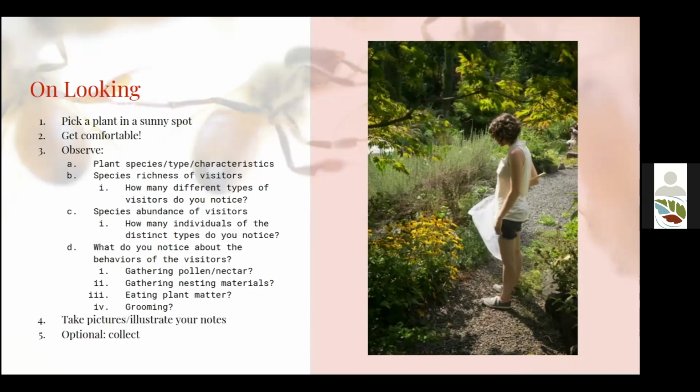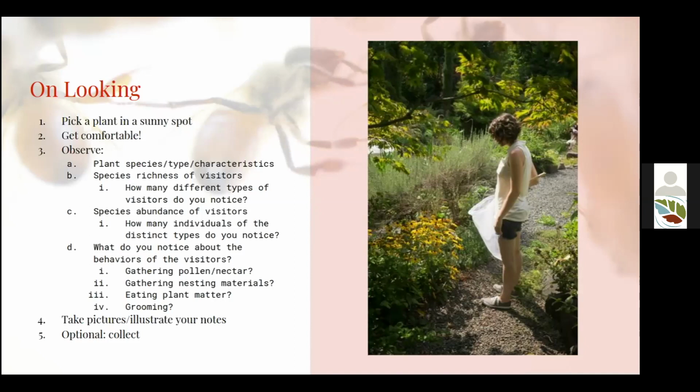Maybe I'm seeing insects that are eating the plant matter, so like a caterpillar that's on the plant. Or maybe they're just kind of sunning and bobbing their abdomens. Bees require a pretty warm environment in order to fly, and sometimes they have to generate their own heat. If it gets cloudy, they may find a good spot on a flower and just kind of wiggle until they're warm enough to fly away. And that's something that I would note down.